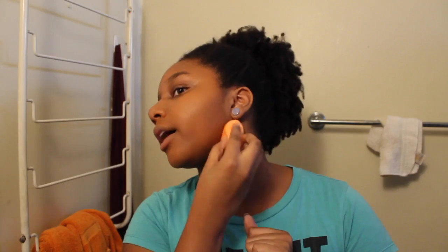Okay, there you go. So I think maybe I didn't put enough foundation on, or the sponge is just very wet feeling, so it gives me a more sheer finish. But you can still build your foundation with it, so it doesn't look crazy. Gonna remember to pat. I remembered I blended the corrector down a little lower than normal. All right, so